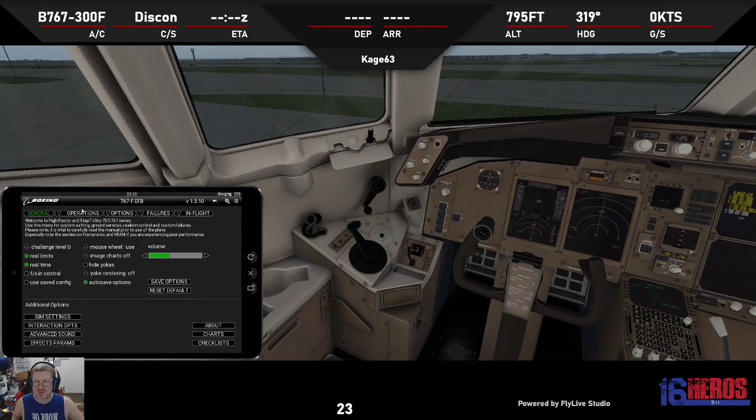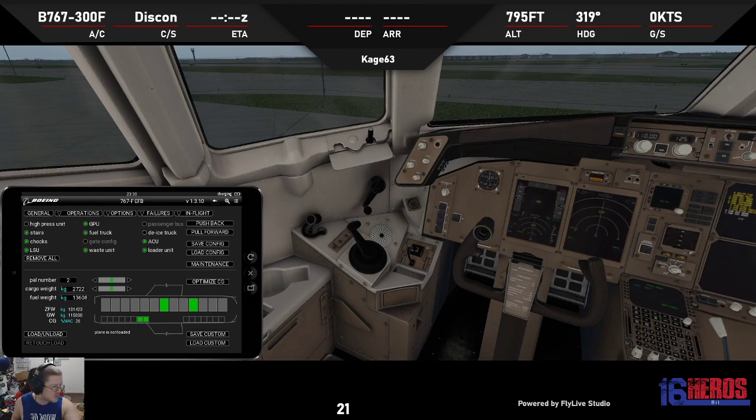Alrighty, let's go to our tablet here. Go to our ground, and what is SimBrief telling us our weight should be? That we are looking for a zero fuel weight of 127.9. Alright, so we're going to load 10 pallets. Okay, 9 pallets. And 8 pallets. And 2,000 pounds of cargo. 125. We are looking for 127. Oh, 127. Okay, so